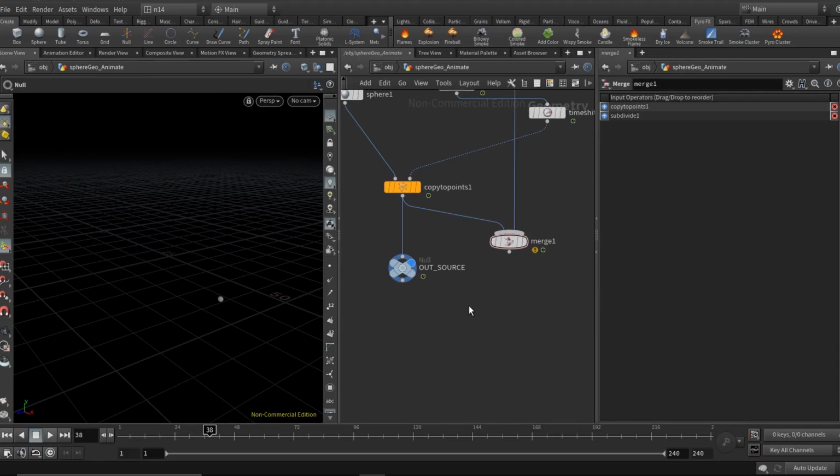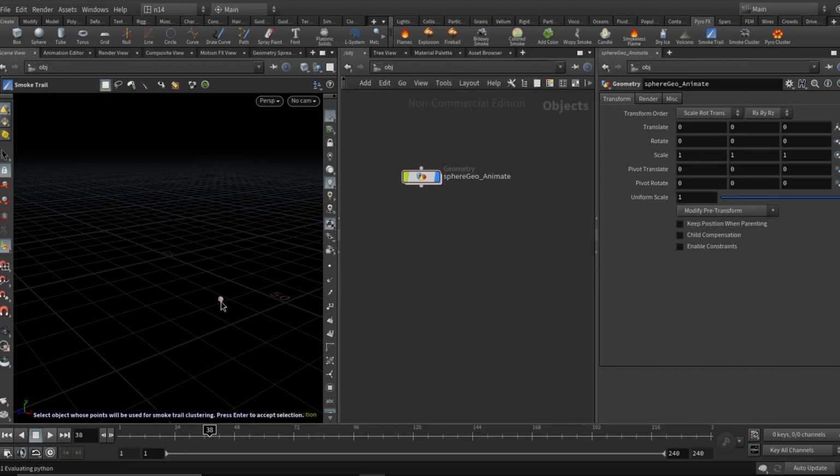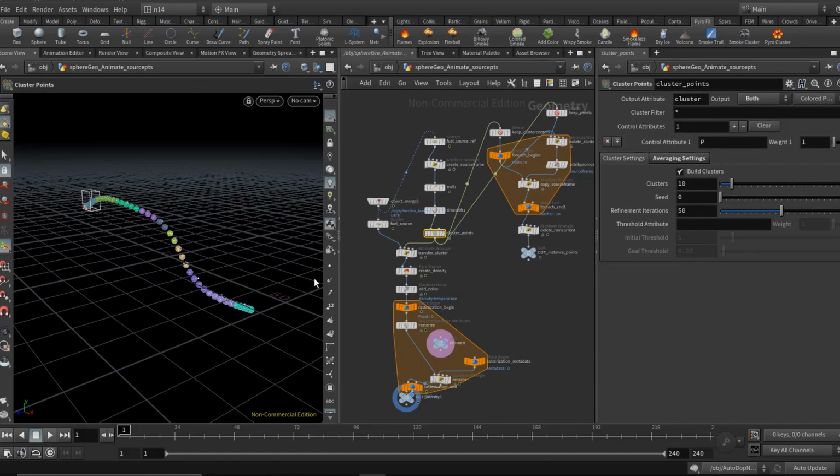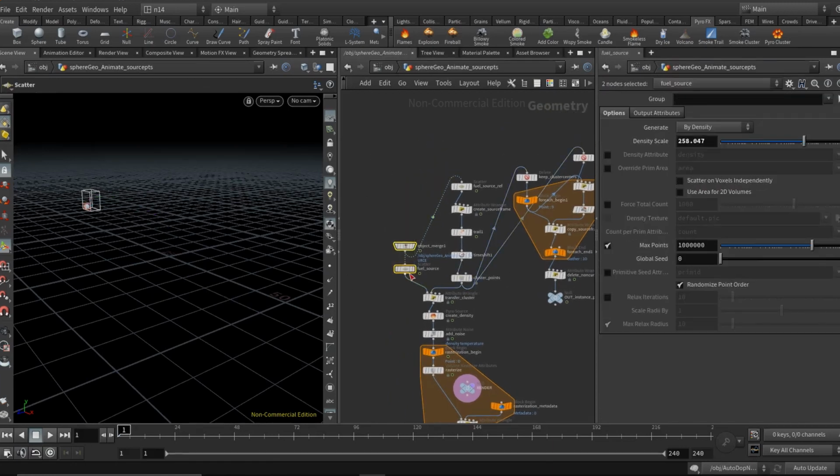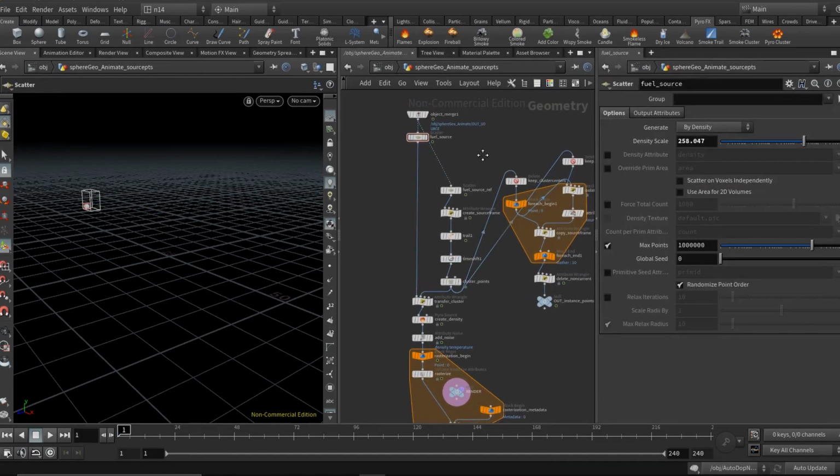If I go into the PyroShelf node, this time I'm going to use PyroTrail. So let's click here, and it's asking me to select the object which is going to be the source of this pyro, and select it. Now it's going to take some time. Okay, well, here it has created a huge node structure.